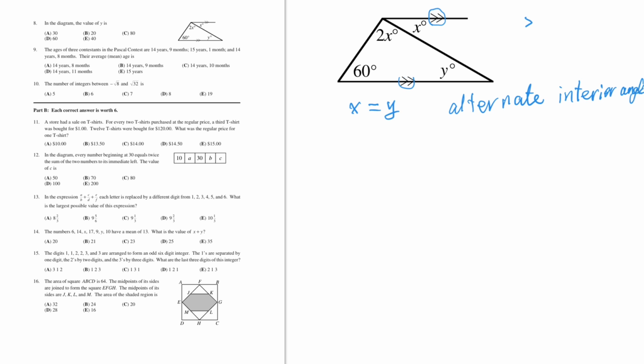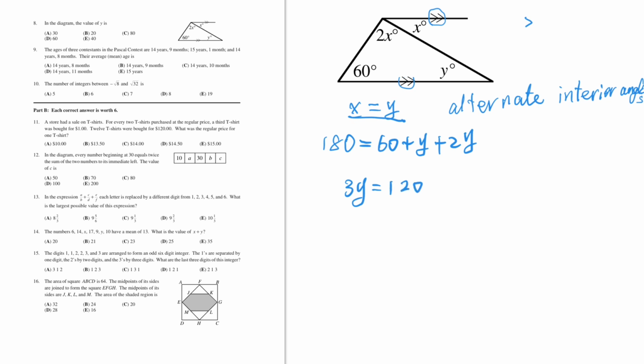So for the parallel lines, all alternate interior angles are equal. Now this one. Inside the triangle, we know the 3 angles of a triangle sum to 180. So 180 equals 60 plus y. 2x equals y, plug in, that's plus 2y, and 3y equals